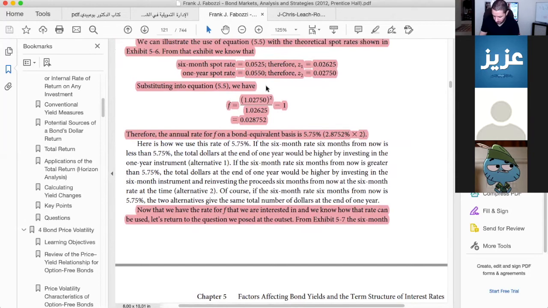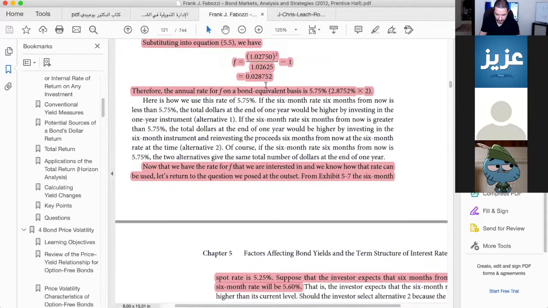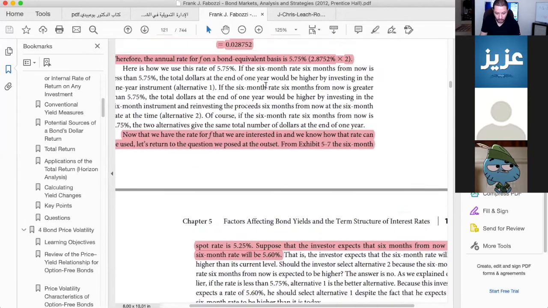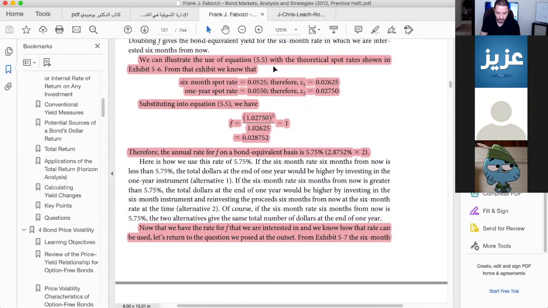Let's check. For the average, 5.25 plus 5.6 divided by 2 would be 5.425%, while for 1 year it is 5.5%. So the 1 year spot average is higher than the second alternative. But actually,